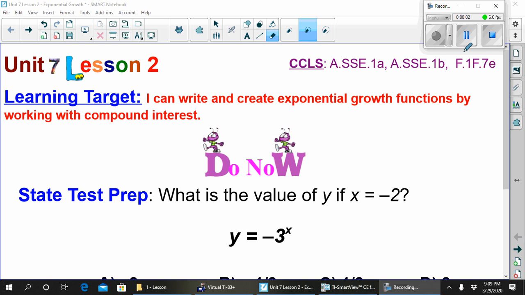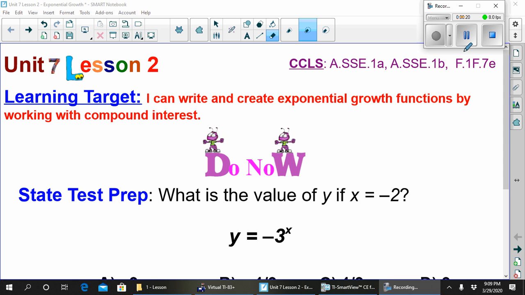Hello everybody, this is Unit 7, Lesson 2. Learning Target: I can write and create exponential growth functions by working with compound interest. Okay, that's fun. All right, so now,